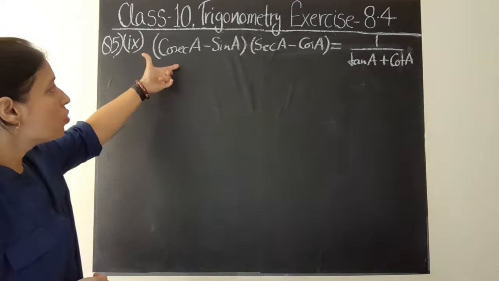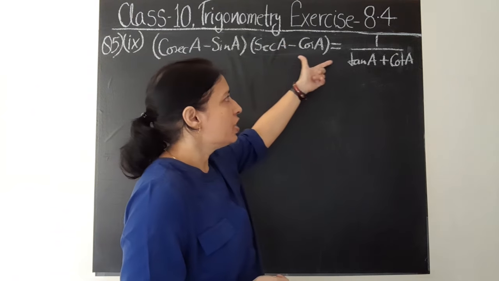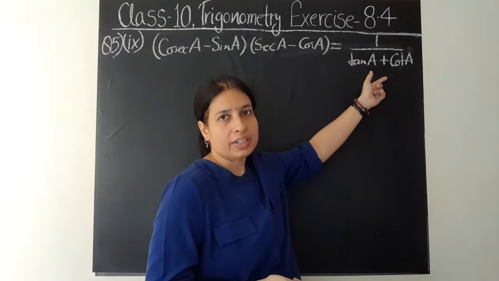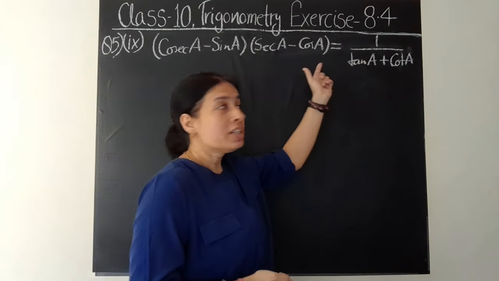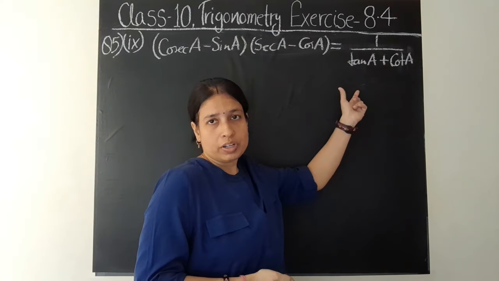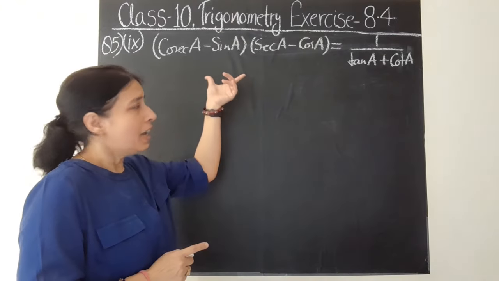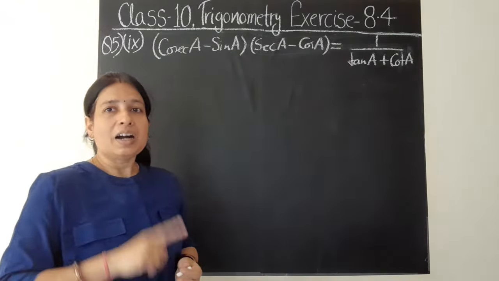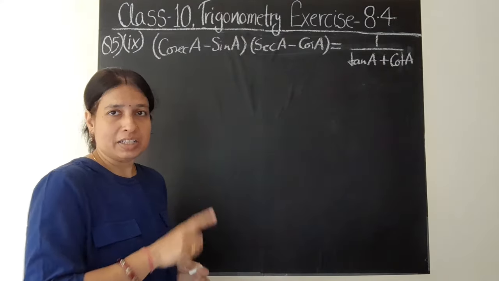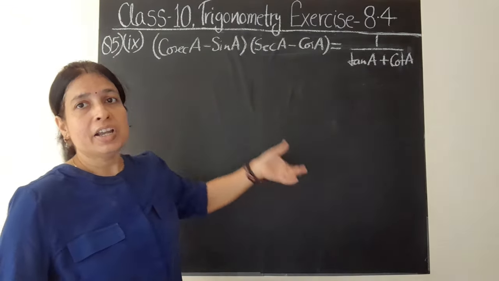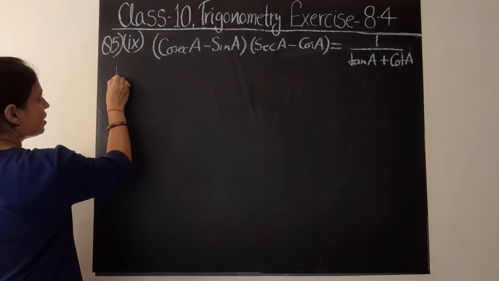Next question is cosec A minus sin A into sec A minus cos A is equal to 1 by tan A plus cot A. LHS is given in form of cosec, sin, sec and cos, and RHS it is tan and cot. इस क्वेश्चन को हम दो मेथड से सॉल्व करेंगे. फर्स्ट मेथड में हम LHS को सेपरेटली सॉल्व करेंगे. आफ्टर दैट RHS को भी सॉल्व करेंगे और दिखाएंगे कि LHS इज इक्वल टू RHS. सेकेंड मेथड में हम LHS लेंगे और RHS प्रूव करेंगे. सो पहले फर्स्ट मेथड लेते हैं. फर्स्ट टेक LHS.